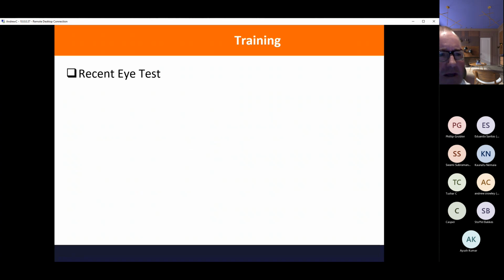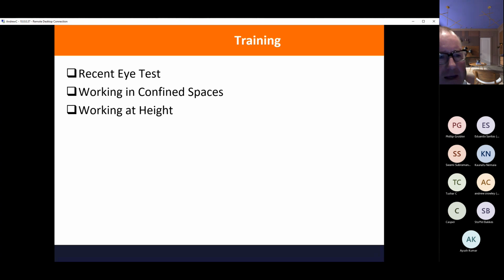So what training do you need? Well, it's always useful to have a recent eye test. You've got to make sure that you can actually see what you think you can see. Working in confined spaces, that is a special course. The first thing to know is, do you know what a confined space is? And it's not necessarily small, it can be quite large, but it's usually signified by the poor ventilation in there. Now, this is significant in New Zealand because there's a fair amount of underfloor voids that you'll need to get into. And special caution on those, never go into them without an assistant close by in case you get stuck.